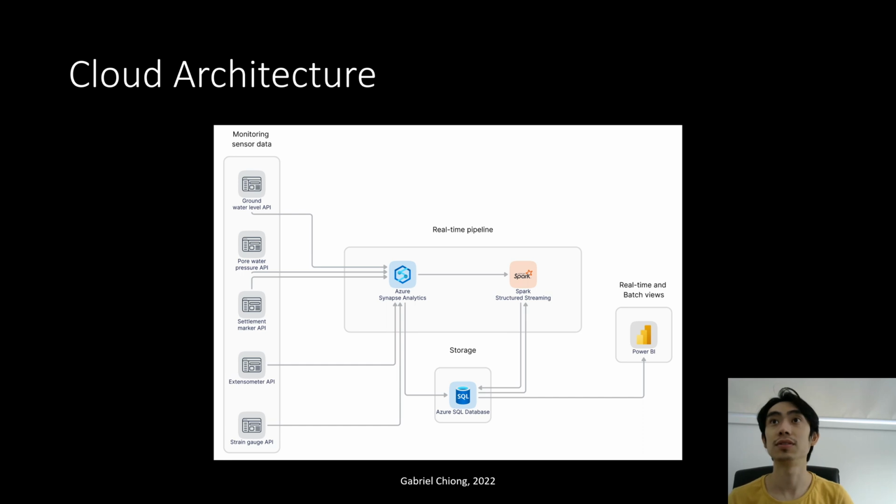In terms of scaling to the cloud, I have chosen to use Azure's Synapse Analytics platform to scale my pipeline. Synapse does most of the heavy lifting in pulling in the external API data and storing the raw data. Synapse is also able to run Spark jobs, which made it a simple process for me to deploy my Scala application. It also has a simple integration interface with Azure SQL Database and Power BI for both real-time and batch